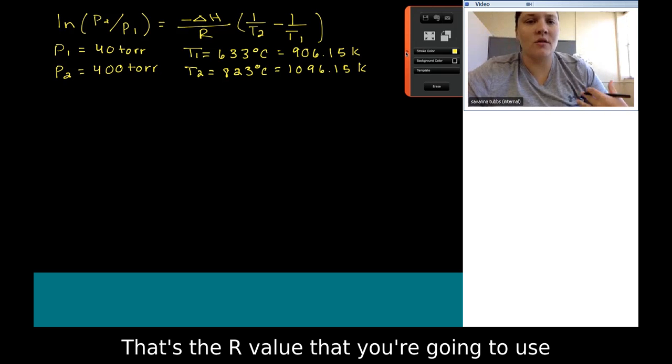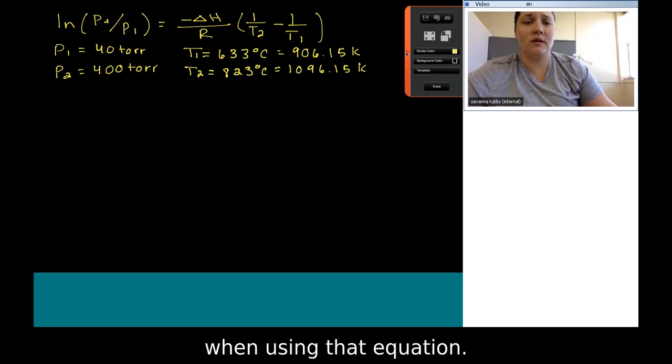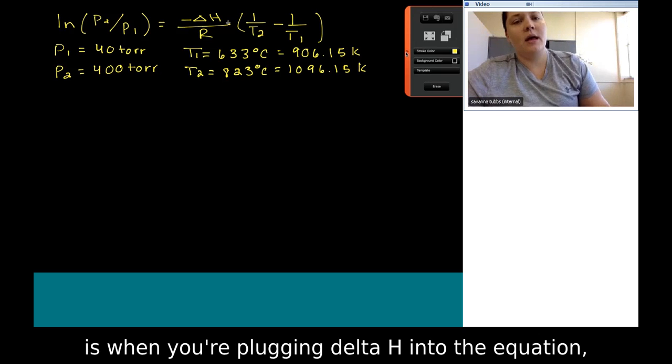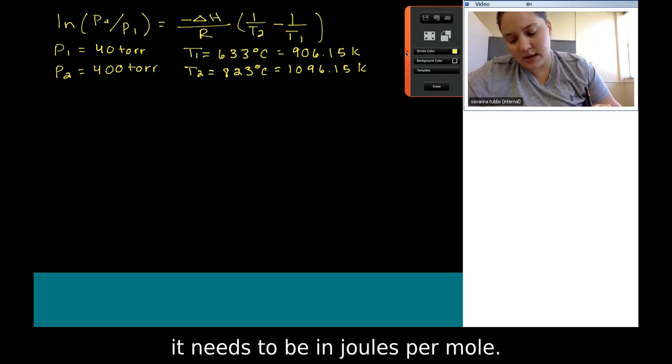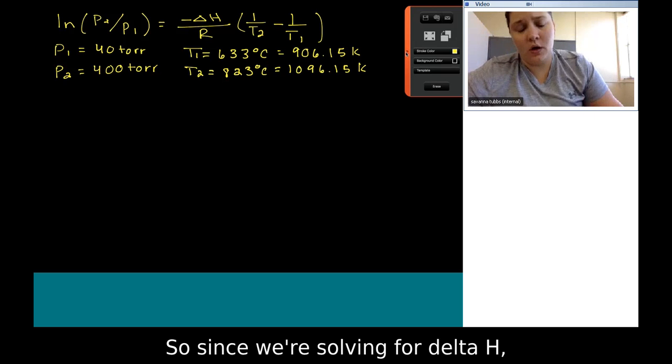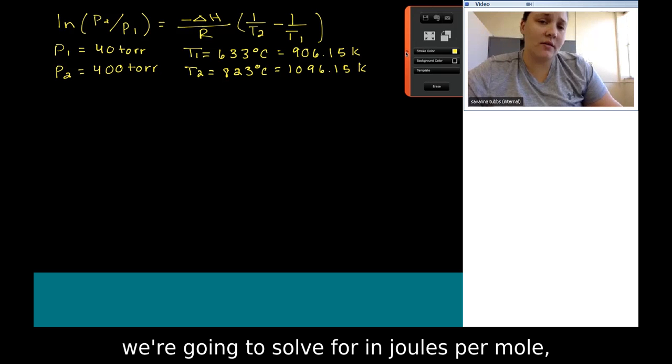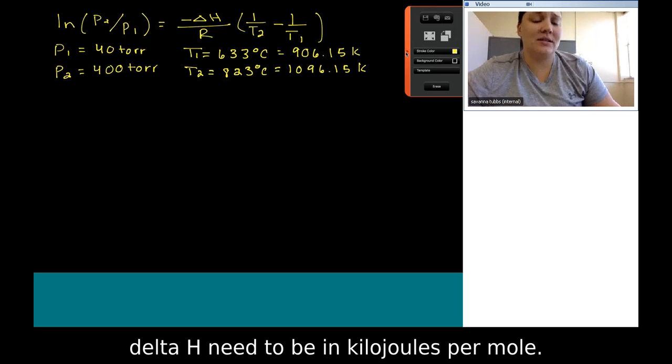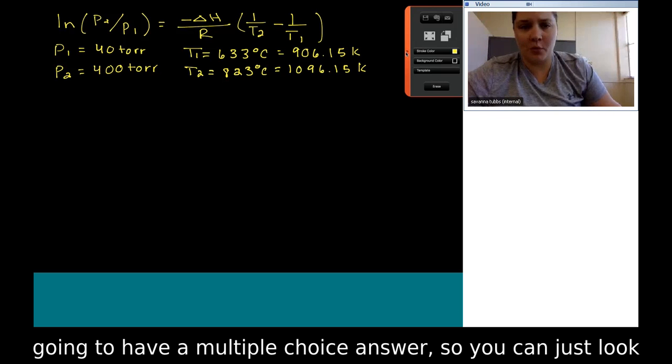So just remember that. That's the R value that you're going to use when using this equation. Another important thing to remember is when you're plugging delta H into the equation, it needs to be in joules per mole. So since we're solving for delta H, we're going to solve for it in joules per mole. However, when we go to represent it in our answer, delta H needs to be in kilojoules per mole. However, most of the time you're going to have a multiple choice answer, so you can just look at the